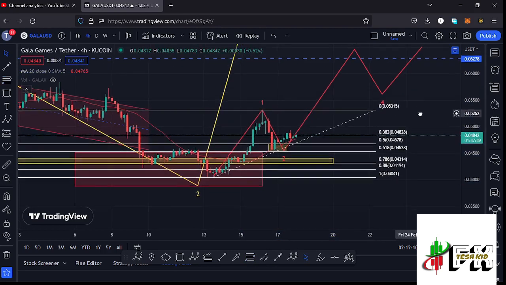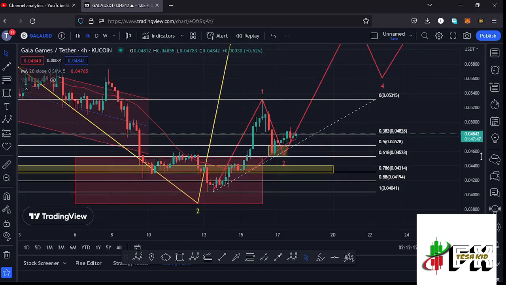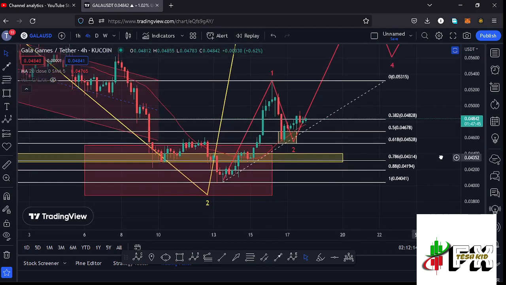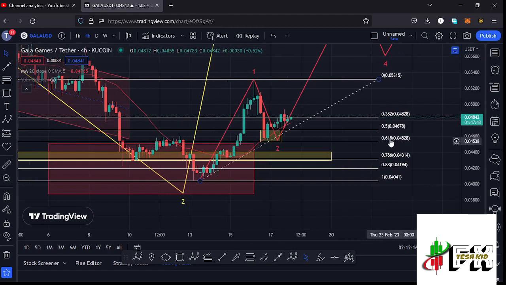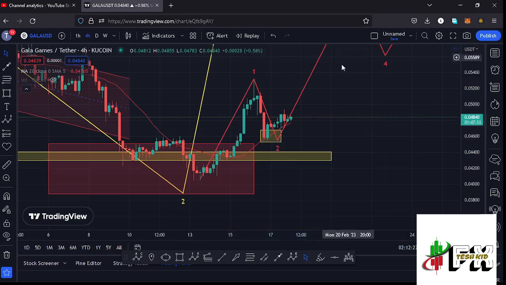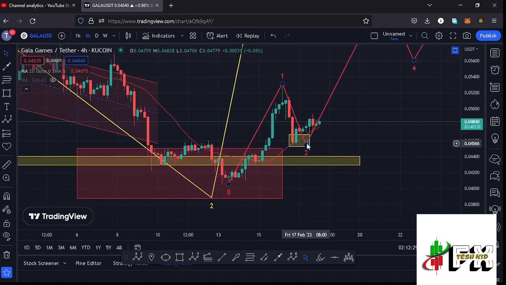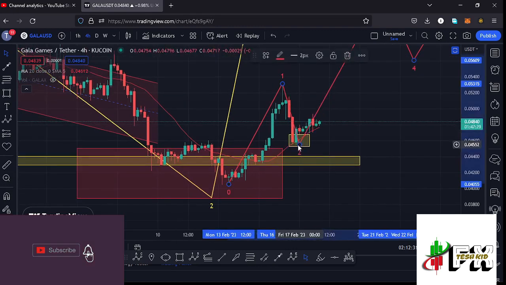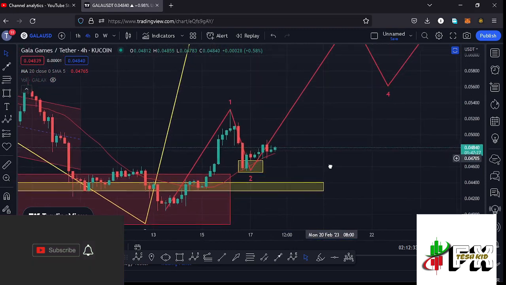That gives me a minimum retracement area in the formation of that wave 2 between the fib level 0.5 and the fib level 0.618, and that is between the $0.04678 mark and the $0.04528 mark, and it is within this yellow target area that I was expecting to see the low for that second wave. And after seeing that low for the second wave, I'm expecting a massive bounce to the upside in